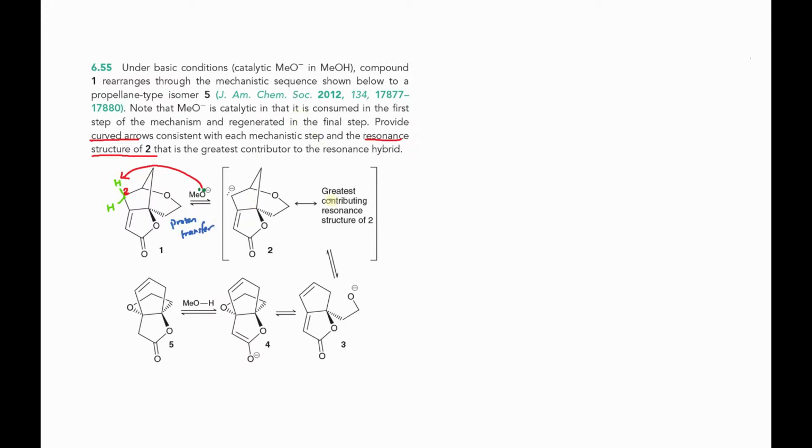Alright, now we're going to draw the resonance structure of this compound 2 that's going to enable us to form compound 3. And if you remember from chapter 2, when we learned how to draw resonance structures, you will see this relationship. We know the carbon that's attached directly to the double bond will be vinylic, but the one right next to it will be allylic. We have a lone pair on the allylic position here. Therefore, this is going to allow us to create a resonance,